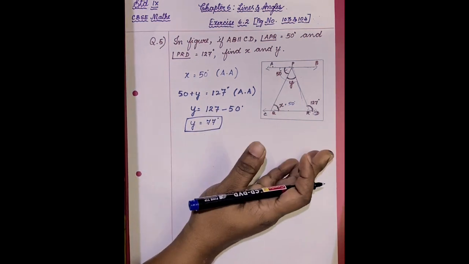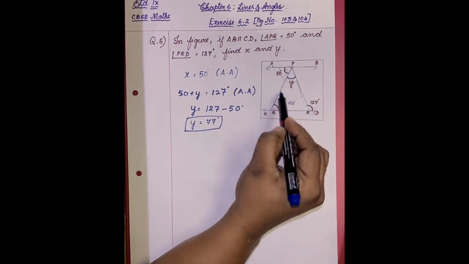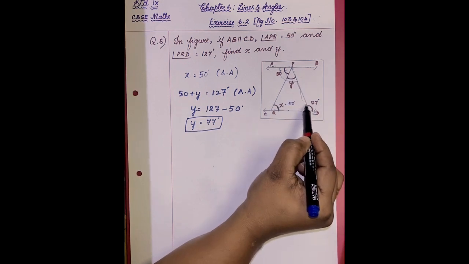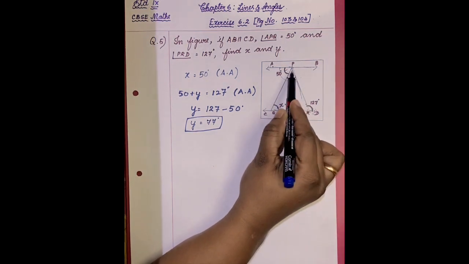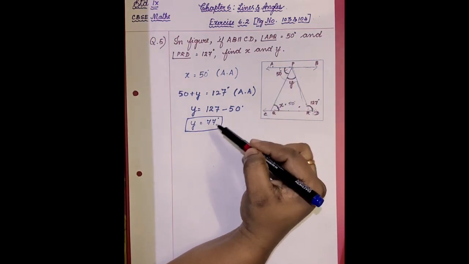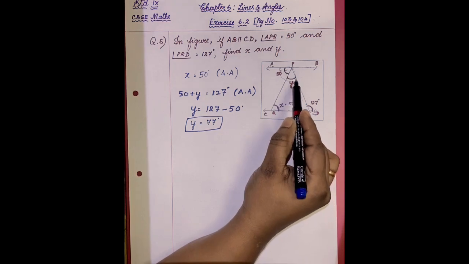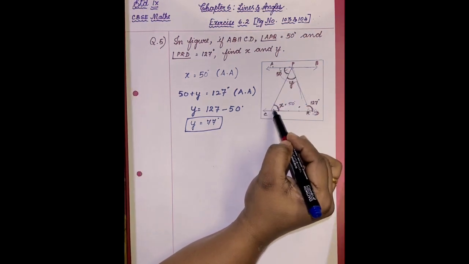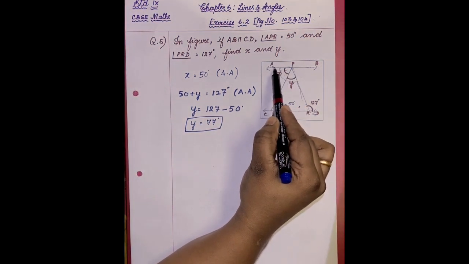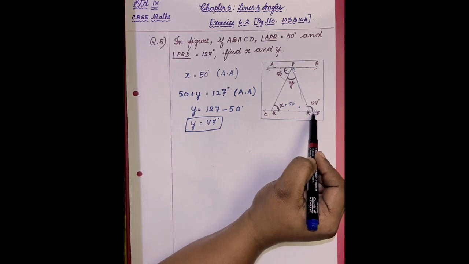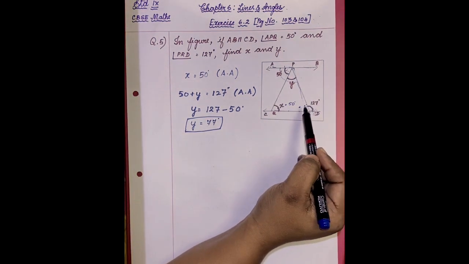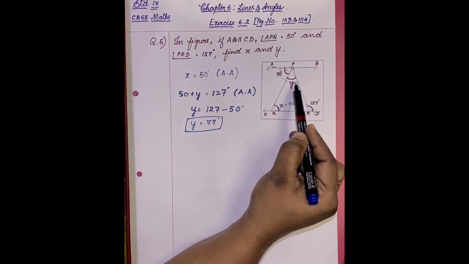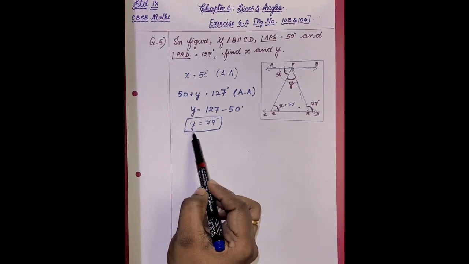But there are so many ways. As I told you, some children will think of this as a triangle. So they might introduce this as angle 1, find it from a linear pair, get this angle 1, and then use some property of the triangle to find y. So there are so many ways you can find the values of x and y. x is very simple, you can use the alternate angle. But if you find it difficult to understand this other alternate angle, you can also introduce one more angle and get the value of y. So that's all. x is 50 degrees and y is 77 degrees.